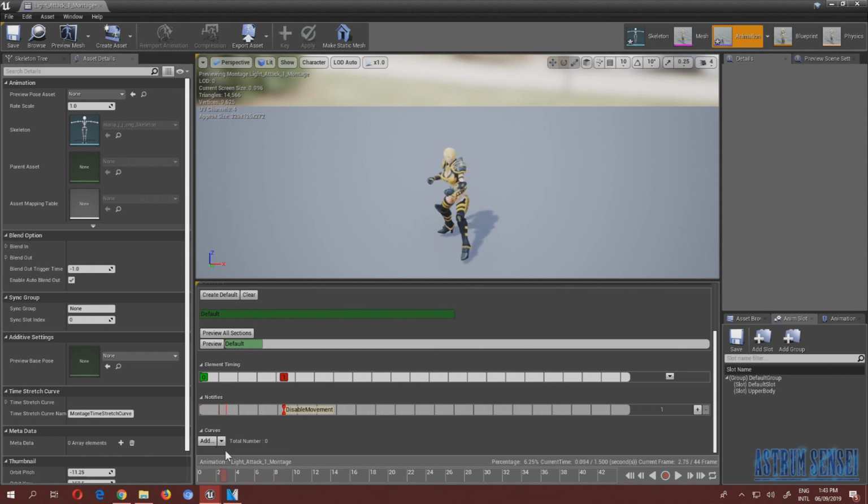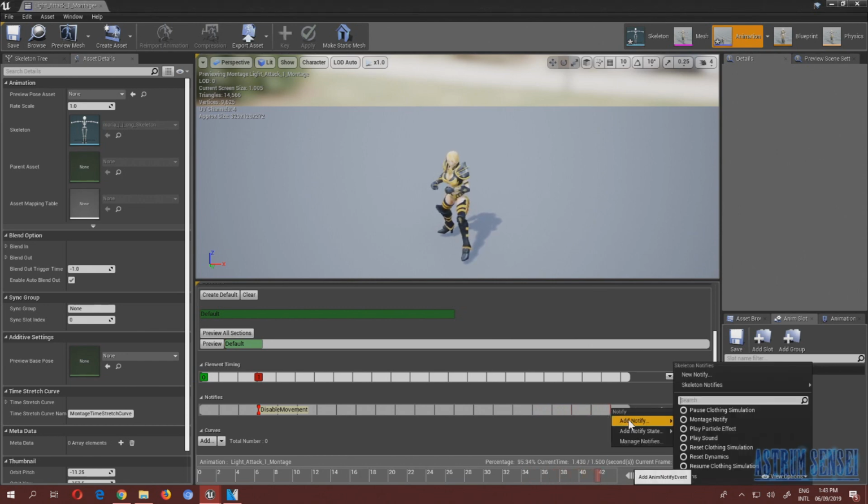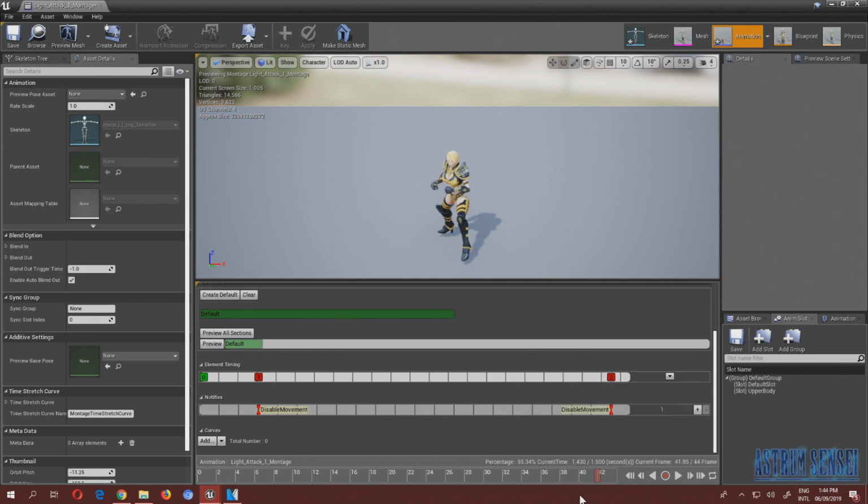You can disable it from the start if you want. Maybe we should put it here. Yeah, that's better. Okay, it's here. And after the attacking is finished, when we want to enable our movement again, maybe here, yeah, here, we add our notify, which we already made, so there's no need to make it again. Here it is, under skeleton notifies, disable movement, and as you can see,